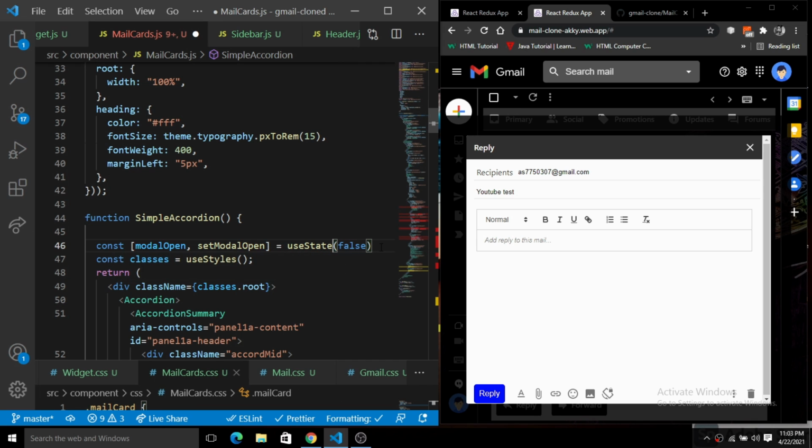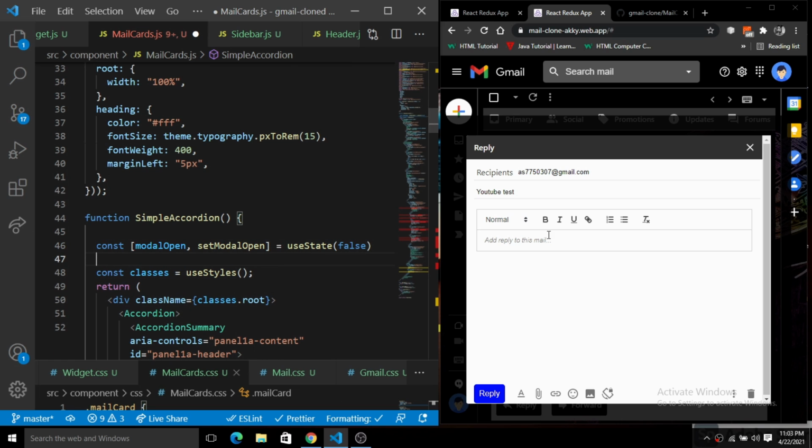Then we have a focus, because when you click on the recipient, the recipient will update to focus. That's why we have to create a focus state also: const focus, setFocus.